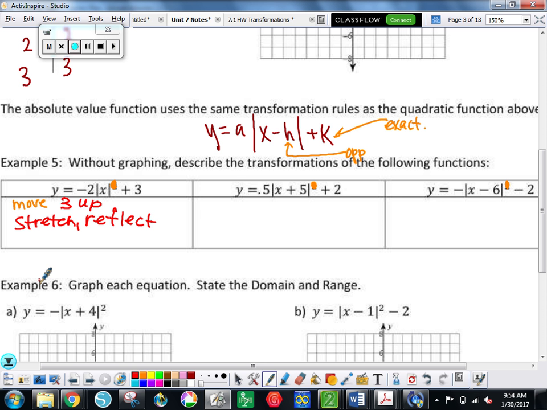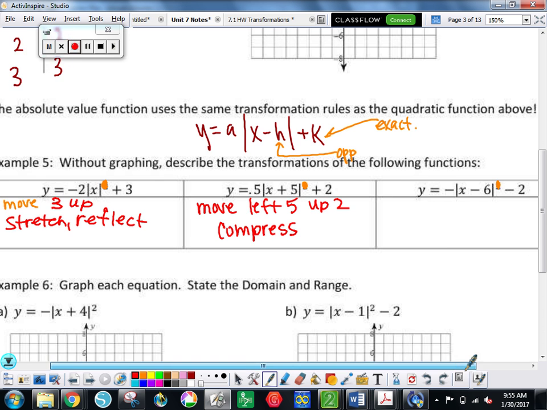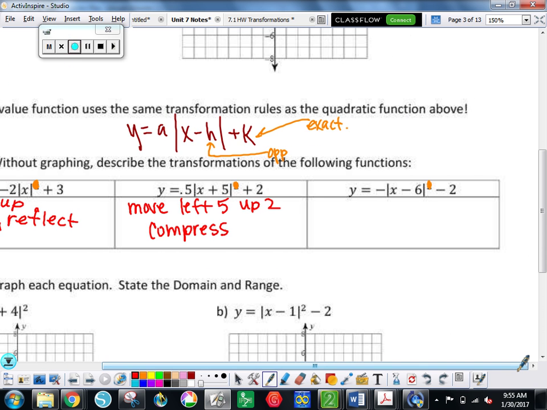We're really supposed to be jumping out, so I'm just going to push through to the end. What about this one? Is that x plus 5? Means left 5, up 2, and the 0.2 or 0.5 means things compressed. And then what about this last one, the minus 6? Right 6, down 2, and